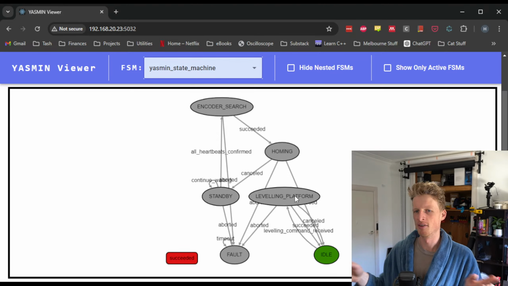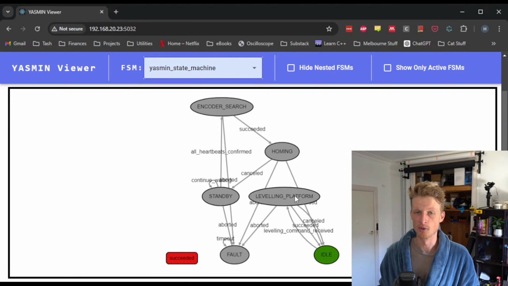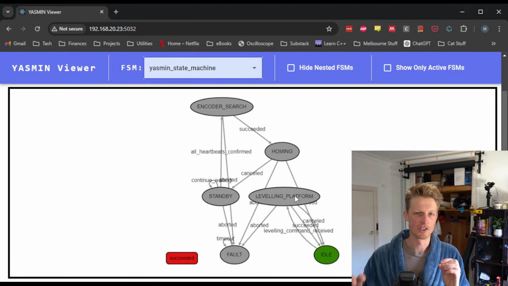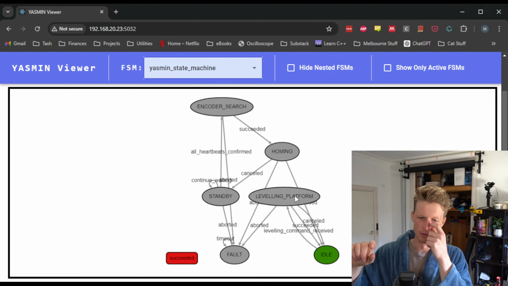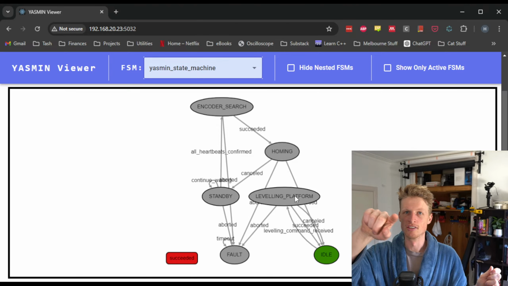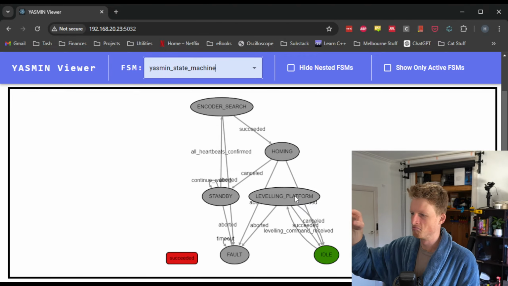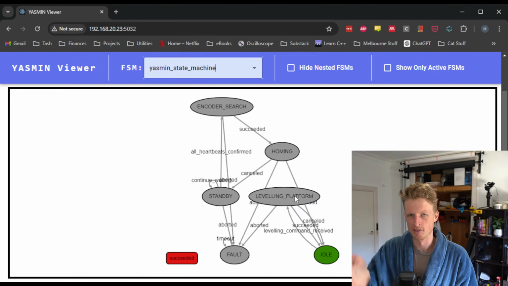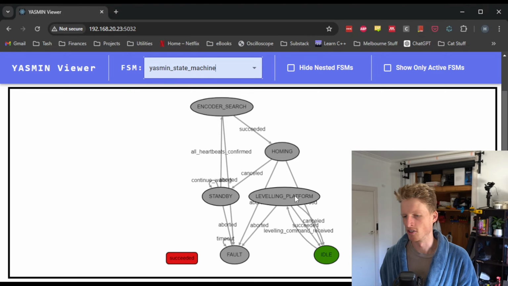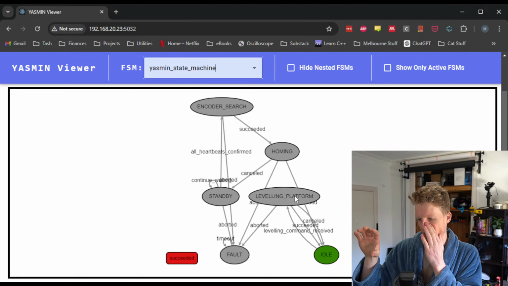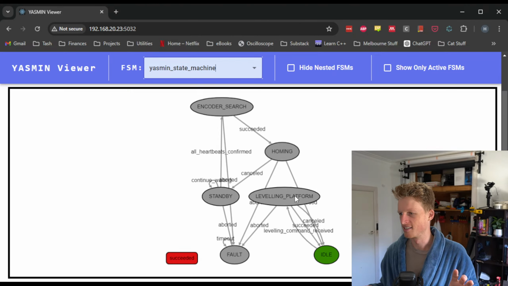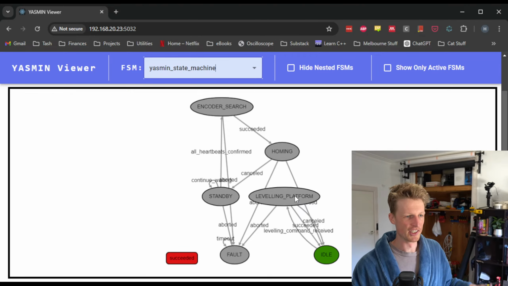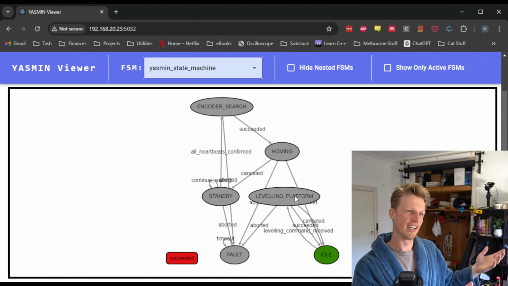I want to get it into a place where I can command it to go to different states, because right now it's just going from one to the next to the next really quickly, and I don't really have much control over what it's doing. So I want to build something where I can go between a space mouse control and then the GUI control, and then maybe I'll do a gyroscope or an IMU, where I can move between the states. And a big reason why I want to do this is